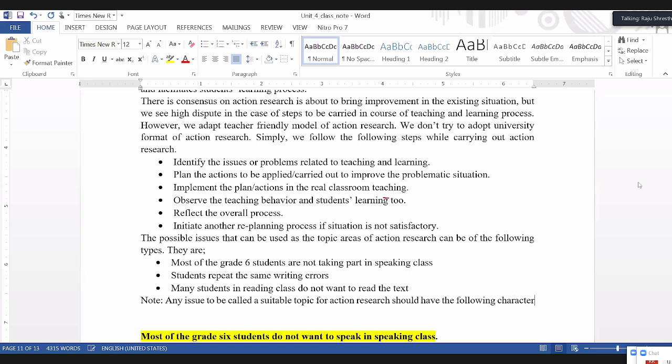Which are the characteristics? Characteristics कस्तो हुनुपर्छ भने